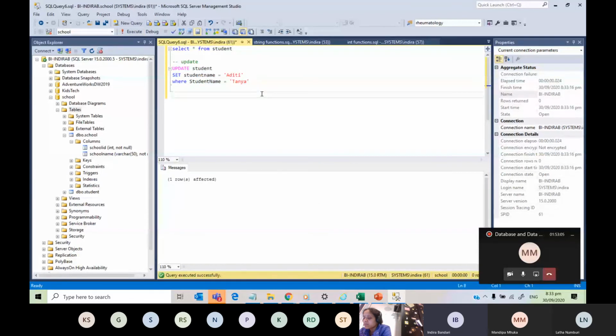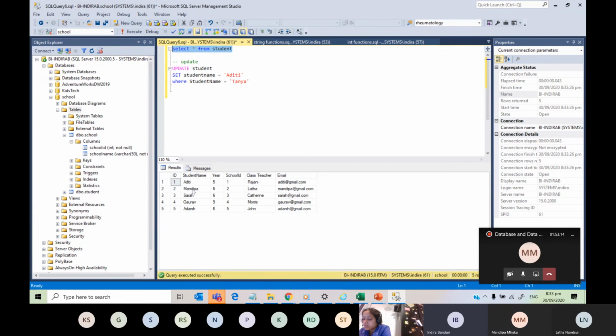And if I want to use multiple sets, for example, if I want to change Aditi's name and year, I am changing Aditi's name to Tanya and year to 6. Then what should I do? Add a comma after the first column.